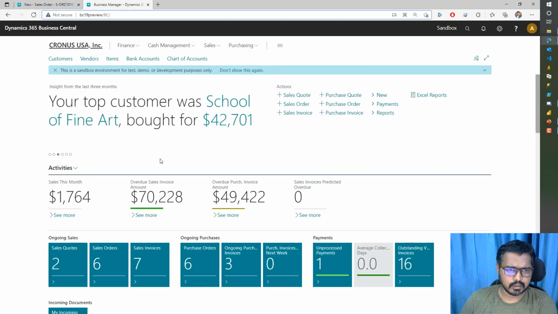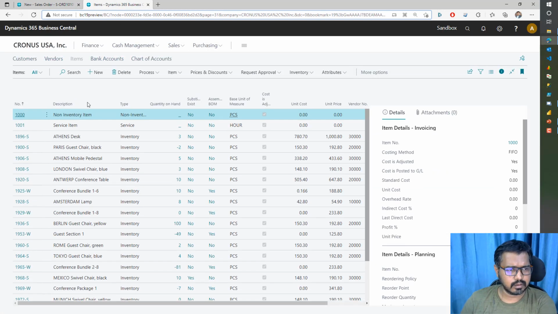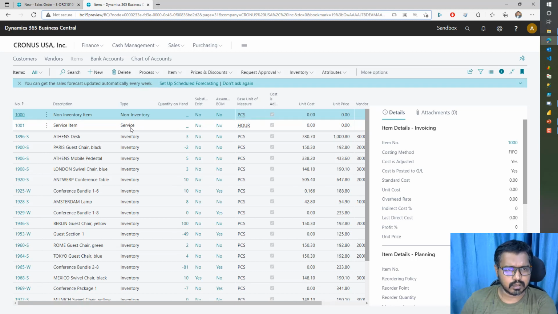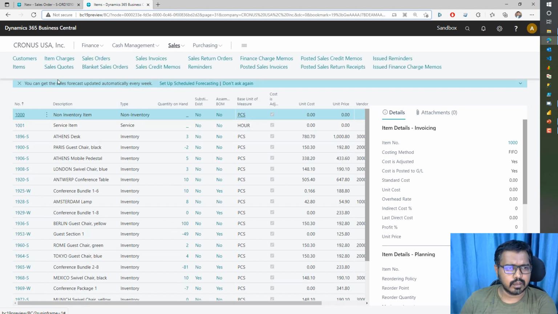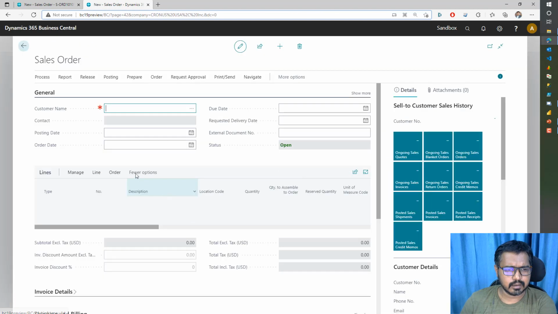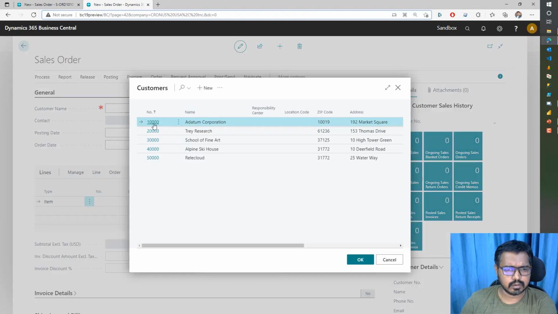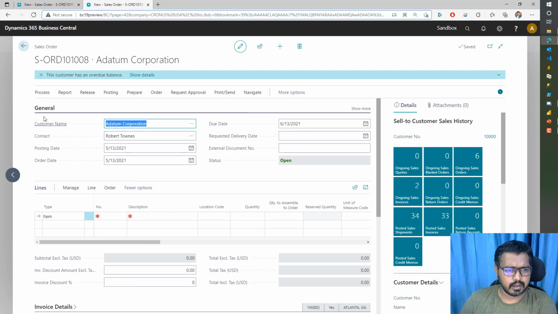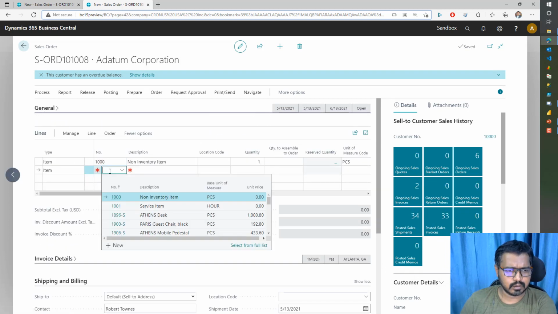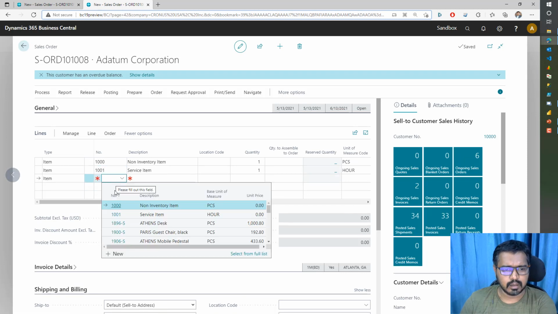Now in Business Central 19, I have similar items here, a non-inventory item of type non-inventory and a service item of type service. As you can see here, I don't have to open the card. So now if I go and create a new sales order, and in this I'll again choose a customer,